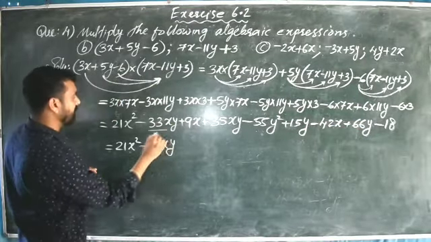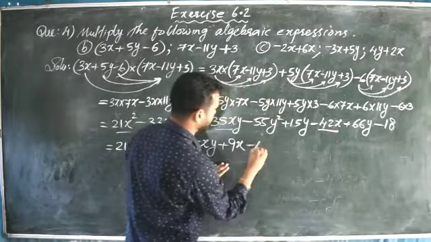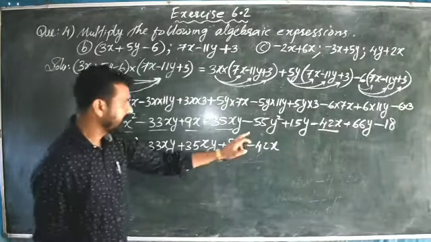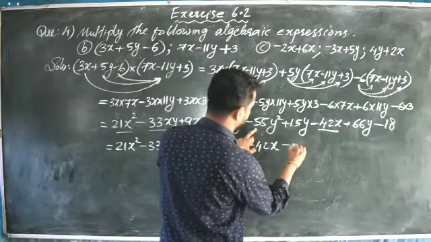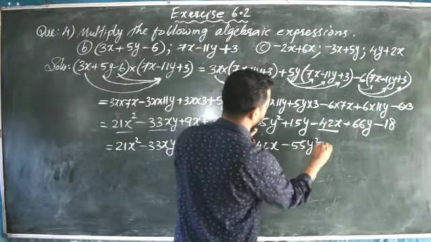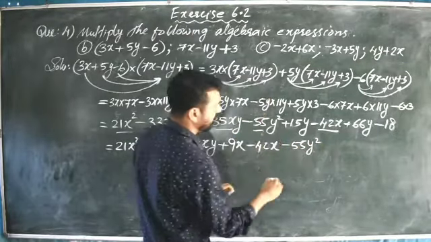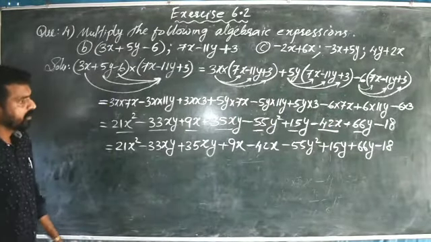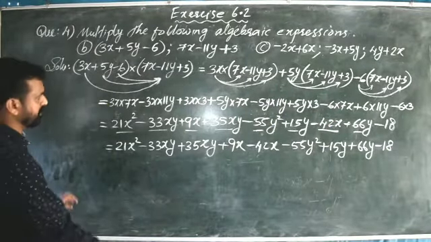Plus 9x. X term, minus 42x. Then next one is minus 55y square. Here again y square term is not there. Y term is there, plus 15y plus 66y. Last one is minus 18. Only that much. Now that is equal to